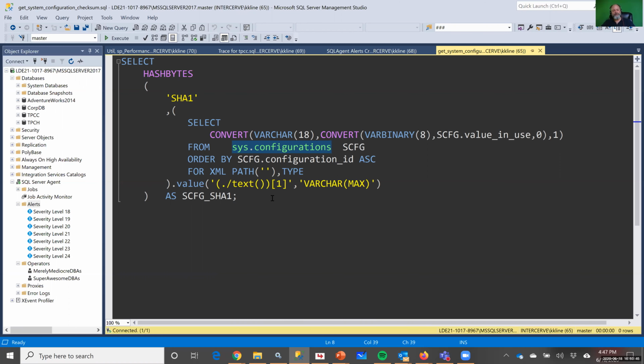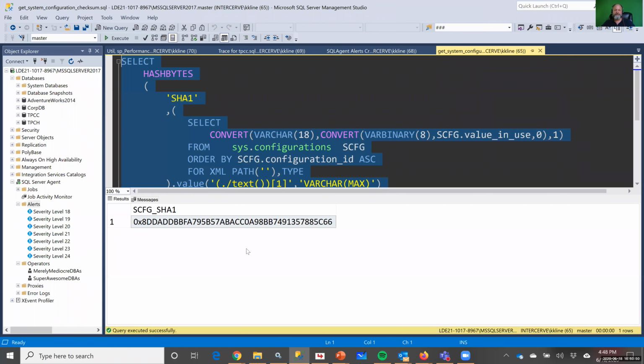And what happens is, because I've got a hash of all of the different server settings, this value right here, if anyone changes any of the values of the SP configure settings, this hash will change. And so I know in an instant whether someone has come around and tinkered with any of the SP configure settings. An example of one that I used to have to deal with quite a lot was, again, we're talking